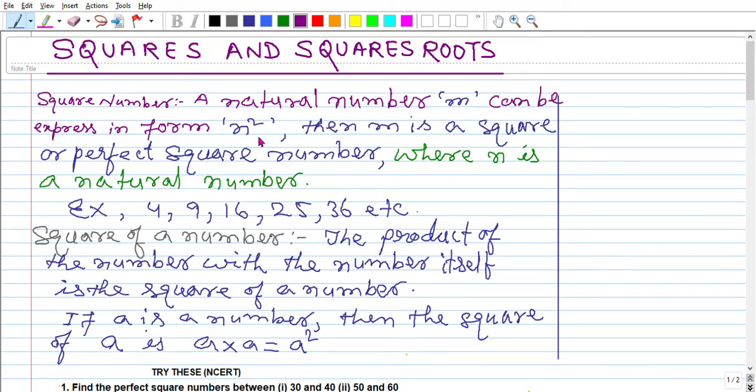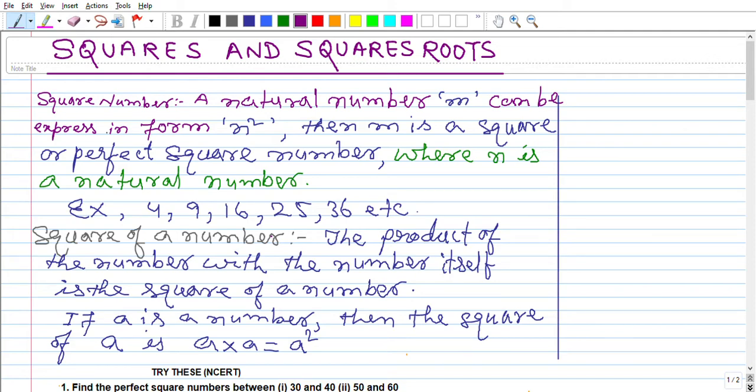Welcome, my dear learners. Today we will discuss squares and square roots and basic things. This is for class 8. First of all, you know